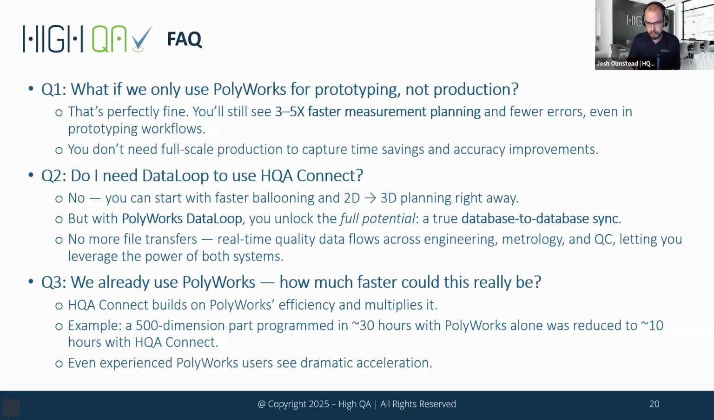I know you're saying in here PolyWorks Inspector. Inspector by itself, I don't believe, has a database. I believe you're just creating one-off files from Inspector. We can still import that into HiQA, even automatically through our automatic machine data import tools. So that's okay. But if you have your PolyWorks Data Loop, which is the database level integration for PolyWorks,